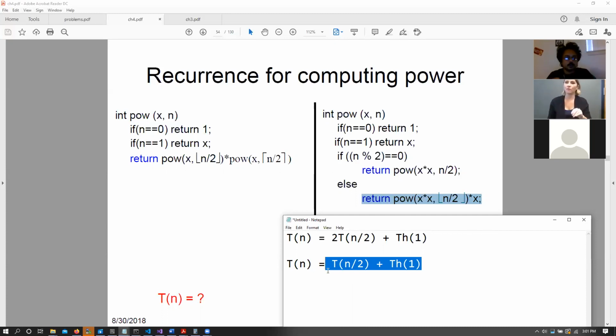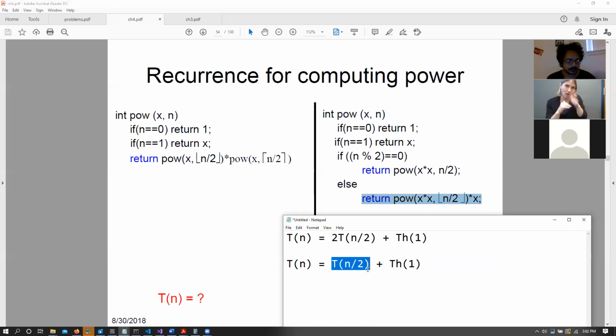All of you that have not answered, do you understand what's going on? The main important thing is why the first one has 2 times T of n by 2 and why the second one just has T of n by 2. Yes, Taha, you are correct. We only need to focus on the value of n because depending upon n, our complexity changes. Because x is constant, but we need to iterate through the number of values of n in order to find the power. Again, for arrays, for sorting something or finding the Fibonacci number, n plays a role. N is essentially the only variable thing that we are changing across our function calls. So we only focus on n.